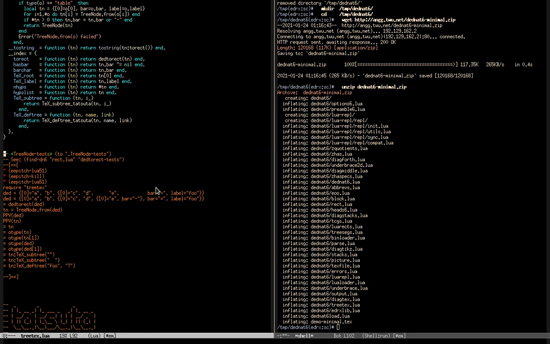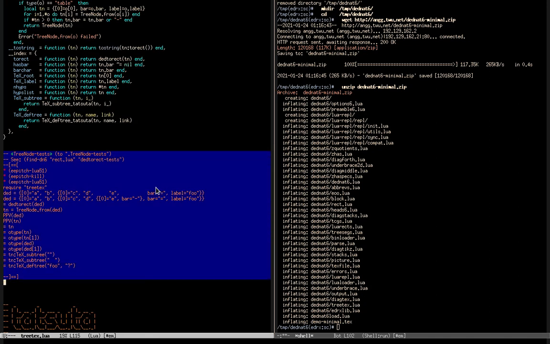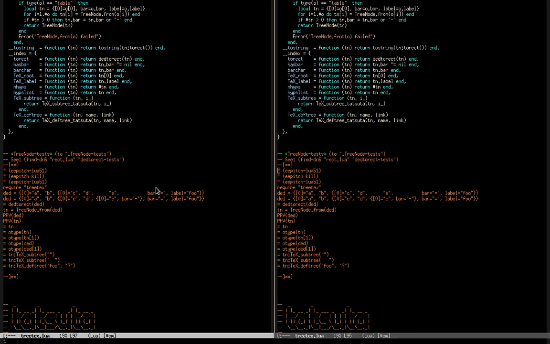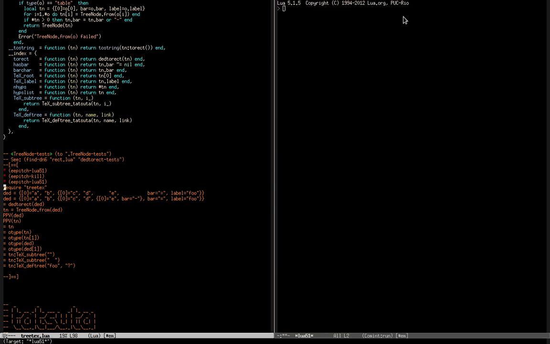Here, note that this thing here is colored as a comment. It is a comment. Lua ignores all these things, but we can run these things in Emacs. If I run F8 here, I start a new Lua interpreter in the target buffer, and then let's run these other lines. This first line loads this file here that is being edited, which is treetech.lua, and this thing is a